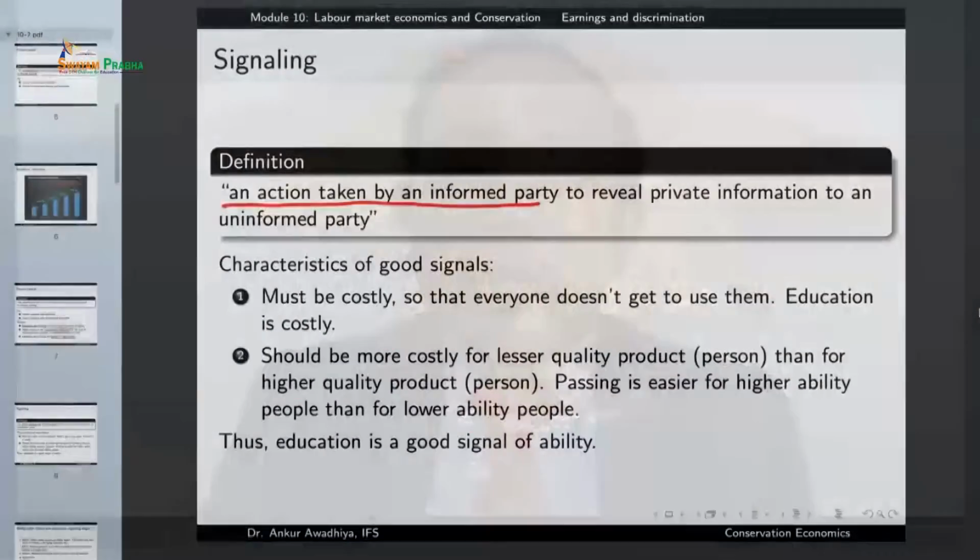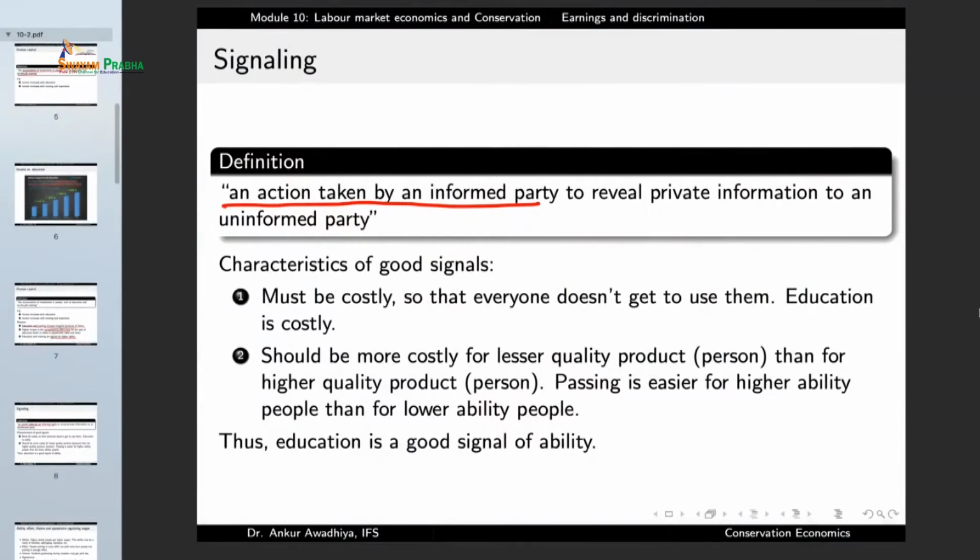And similarly, in the case of education, people can use their education as a signal to tell the prospective employer that these are my abilities. If I have a degree from such and such institution, it means that I am able to put up hard work. It means that I am a punctual person. So, whatever the other person says, that is immaterial. You can just have a look at my grade sheet and make your own choice. So that is signaling. Education has a very important role in signaling.